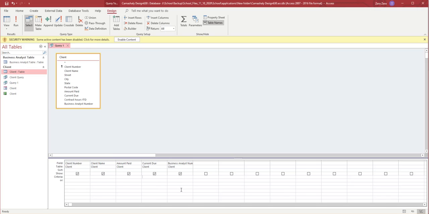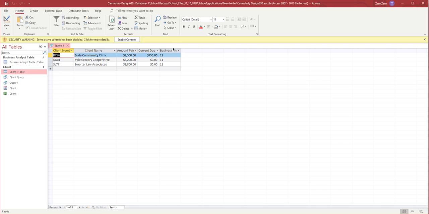Where, and that's the keyword there, where current due is less than 1,000, right? But they might say, and the business analyst is 11, or with the business analyst being 11, something along the lines of that. You'll see both of those. Now, if I put them on the same line, this is the same as saying this and that. So we come back, and you'll see I've got the 3 11s, and I've got 3 here that are less